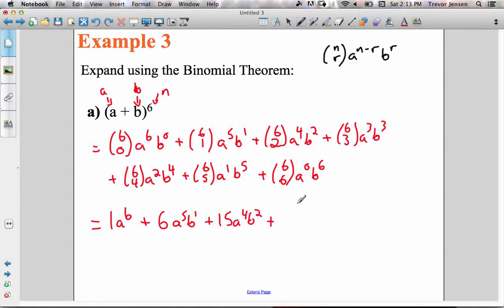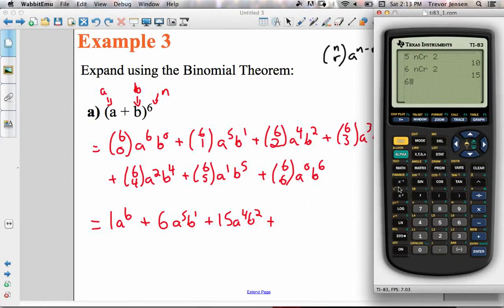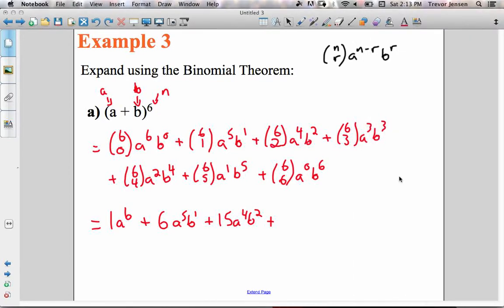My next term, 6 choose 3, will give me 20. Sorry, 6 choose 3 is 20, not 120. 20 a to the 3, b to the 3, plus